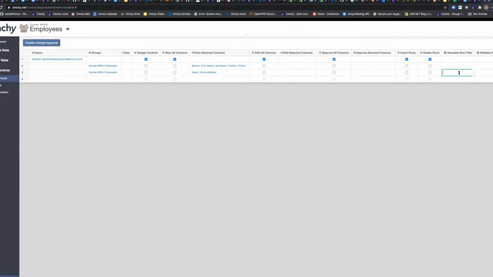The way this works is, recall I had an attribute inside of this table which linked back to the users inside of Cinchy. So it allowed me to create an association between the individual that is authenticated and who the employee is. By taking advantage of that link, I can now define a filter condition here that traverses the Cinchy user account, navigates to the users table, and then grabs the Cinchy ID of that user.